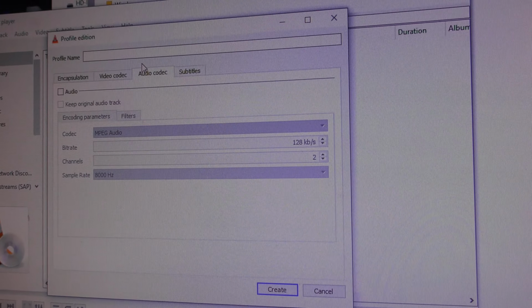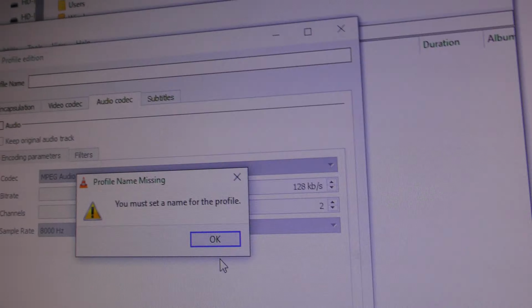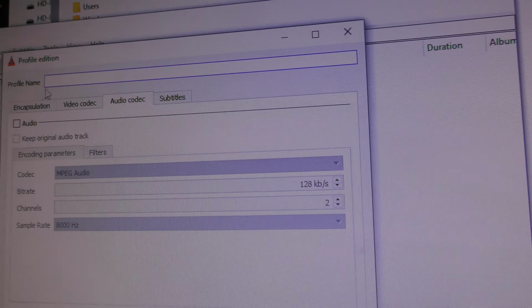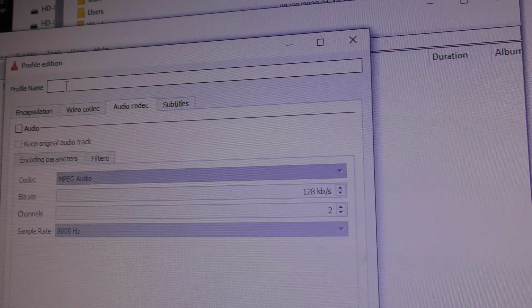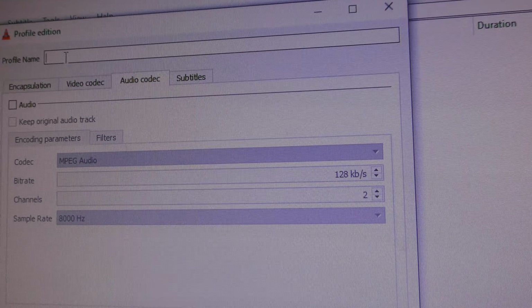Absolutely sure about that part. And then you've got to choose a location for the edited file to go to. So we're now going to click create down there. Oh, you must set a name for the profile. So I presume this is naming the video. This is the first time I've done this, but I'm going to try this. So I'm going to call it